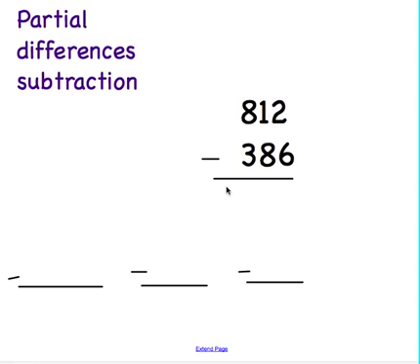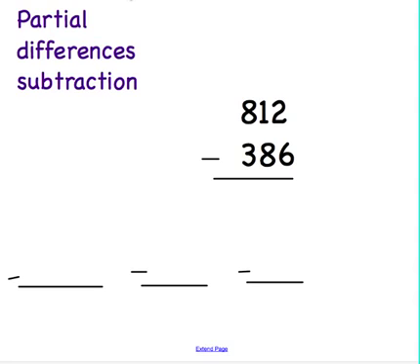Partial differences subtraction. Partial differences is the type of subtraction where we take a number like 812 and we break it up into place value parts. We're going to do that with all the numbers that get subtracted. I'm going to take 812 and I'm going to turn it into 800